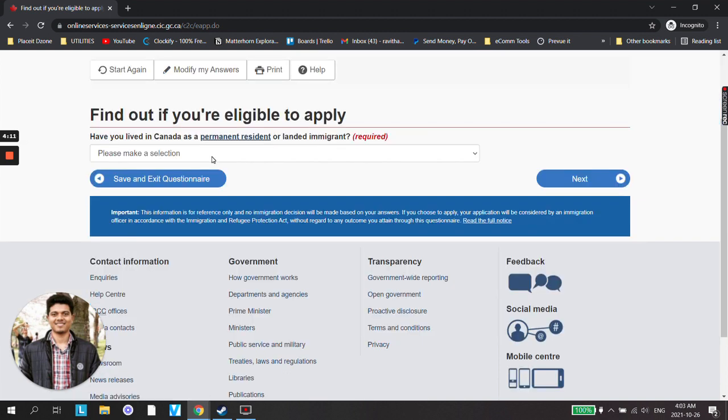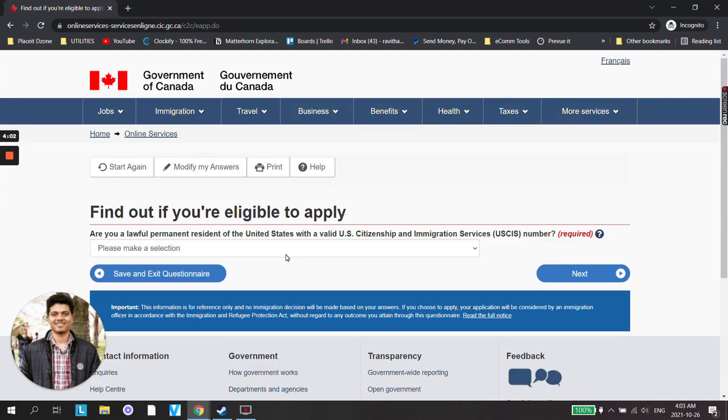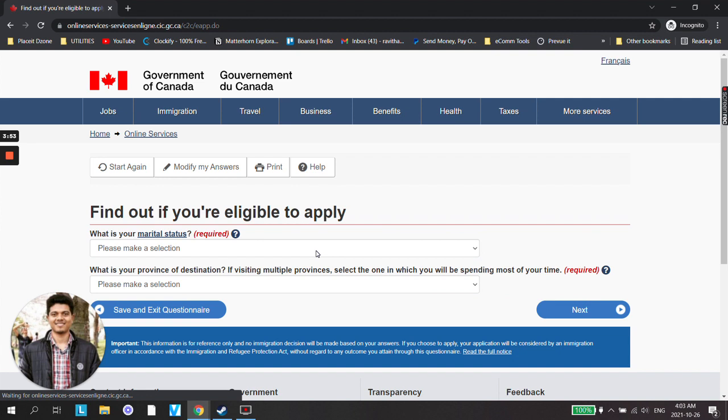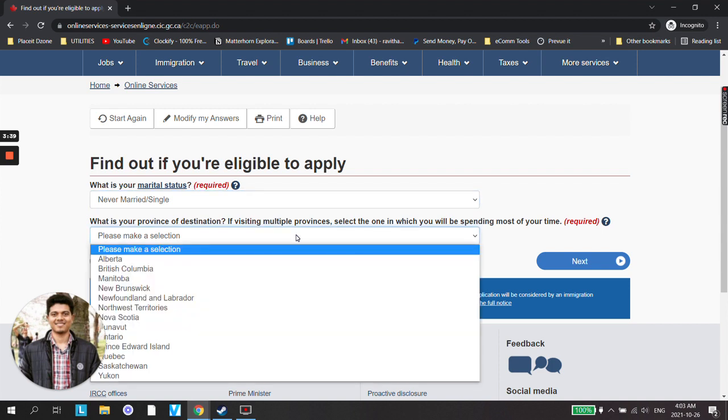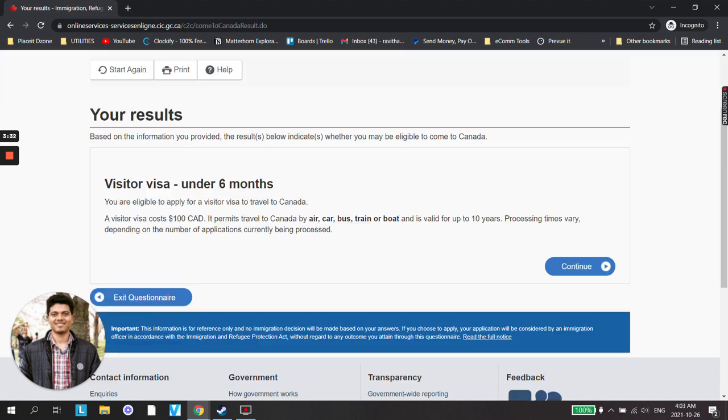Have you lived in Canada as a PR or landed immigrant? No. Are you a lawful permanent resident of the United States with a valid US citizenship? No. What is your marital status? Single. What is your province of destination? If visiting multiple provinces, select the one in which you will be spending most of your time. Select Ontario. Now based on the eligibility tool, it is saying that we are eligible for visitor visa under 6